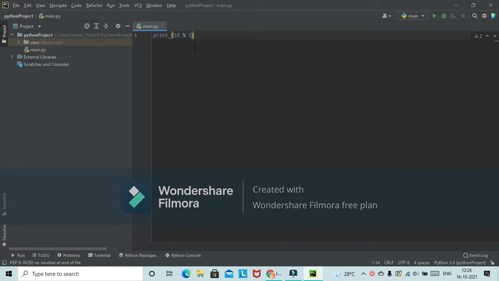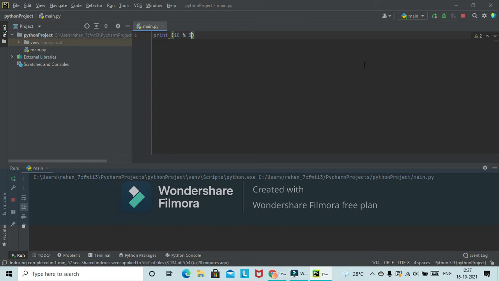Basically what this is going to do is take the first number divided by the second number and give us the remainder. So it's going to say 10 divided by 3 is 3 with a remainder of 1. Let me run this program and show you. As you can see, the remainder is 1.